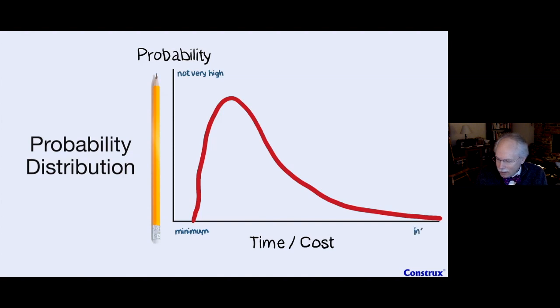On the other end is infinity. And that is, there is some possibility, even though it's vanishingly small, that you could spend all the money in the world or take all the time left in the universe, right? It could happen. It probably is not, though, because the curve gets really, really small, approaches 0, and stays really close to it, to an extremely small event.